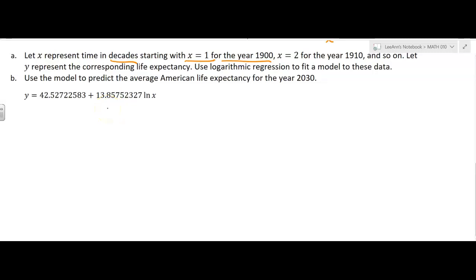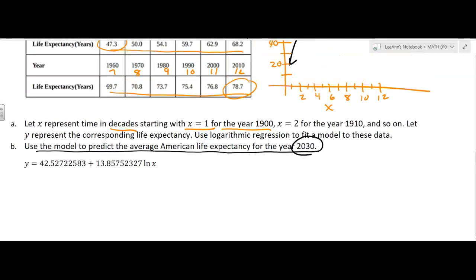Now here's the tricky part. It says use the model to predict the average American life expectancy for the year 2030. We have to go back and say, when is 2030? Well, 2010 was a 12, so 2020 is going to be 13, 2030, x will be 14. So we want to say x is 14. So you're going to put all of this in,